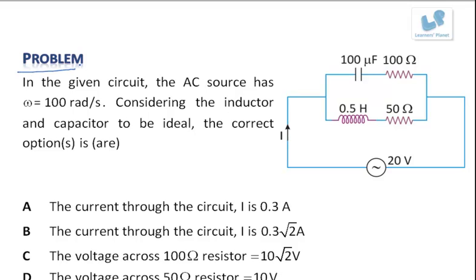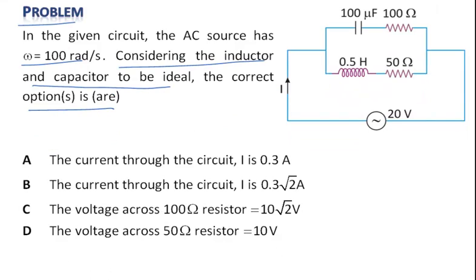Now let us look at the next problem. In the given circuit, the AC source has omega as 100 radians per second. Considering the inductor and capacitor to be ideal, the correct option is: